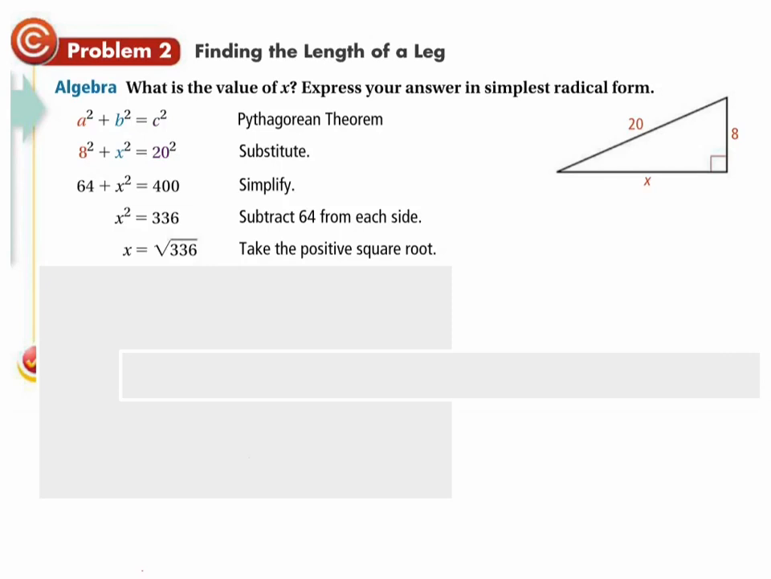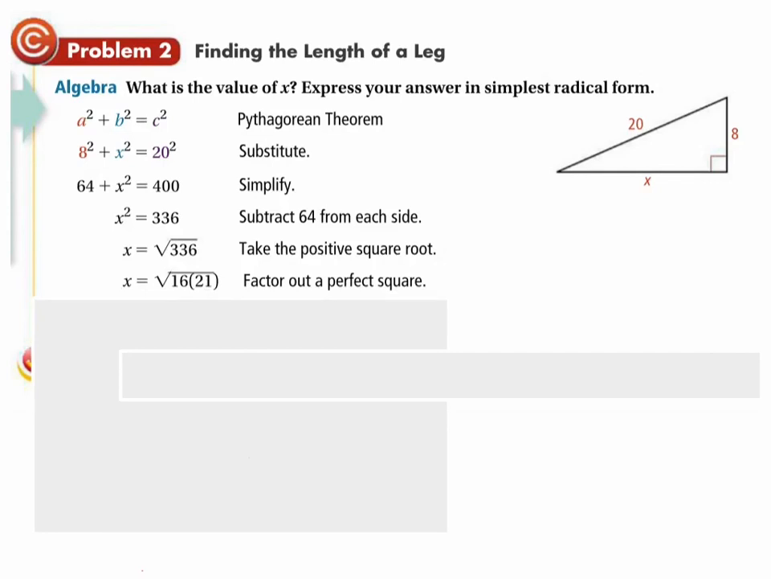And what do we need to do here? Well, I'm going to show you. They're saying factor out a perfect square, which is 16, because you can perfectly square root 16. That comes out as a 4, and you get 4 root 21. Now, how do you know how to do that on your own? Well, here's what you should do. You can take